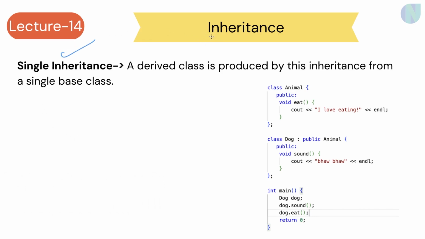Here we would be having a look at types of inheritance. As discussed in the prior video, we covered all types of inheritance in a bit easy way, just an overview of all types of inheritance. But here we would be digging deep into all types of inheritance. So first we'll be starting with single inheritance.